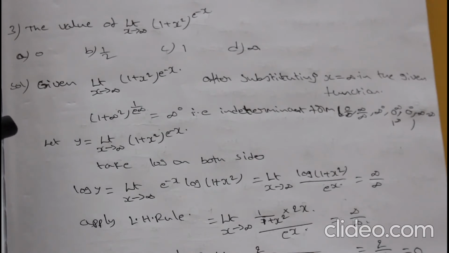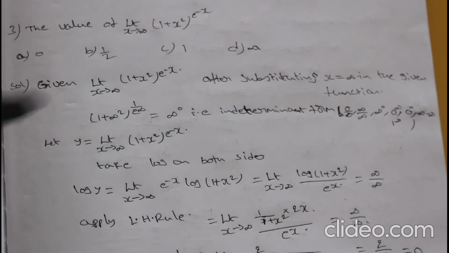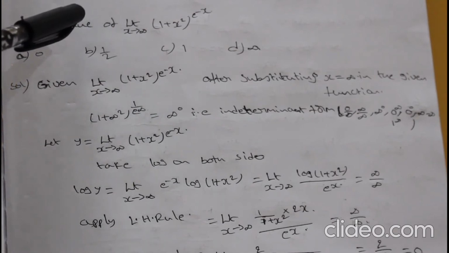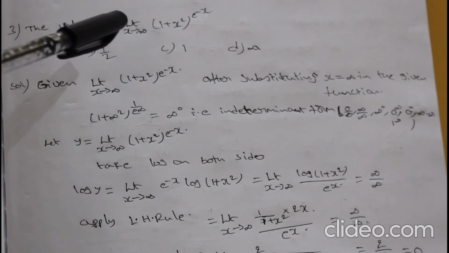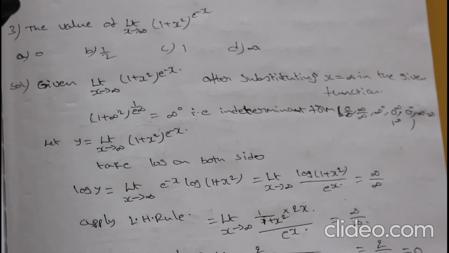Suppose indeterminate form is given in the options, you may tick the option only if you cannot solve the question by simplifying this. Now look at how to simplify this. We got the indeterminate form, but we cannot apply L'Hospital rule because it is not in the form of f of x by g of x. So first we have to bring this into the f of x by g of x form. Friends, listen carefully, understand and apply. These kinds of steps you can apply in any question. The question may be different, but the concept of solving will be the same.